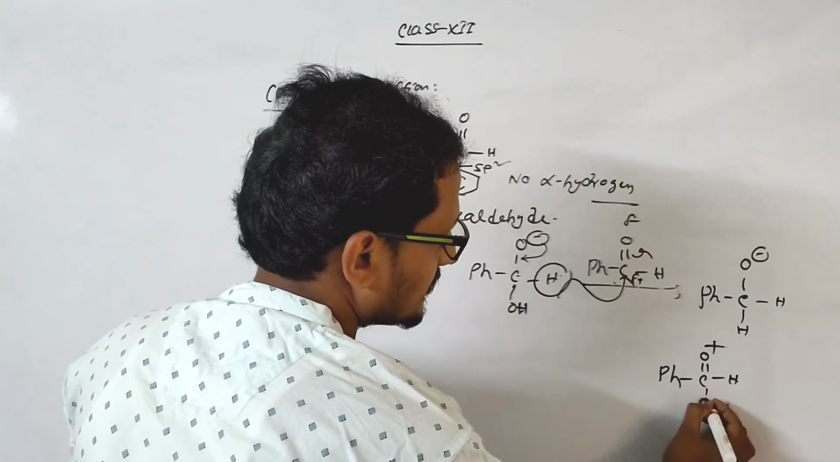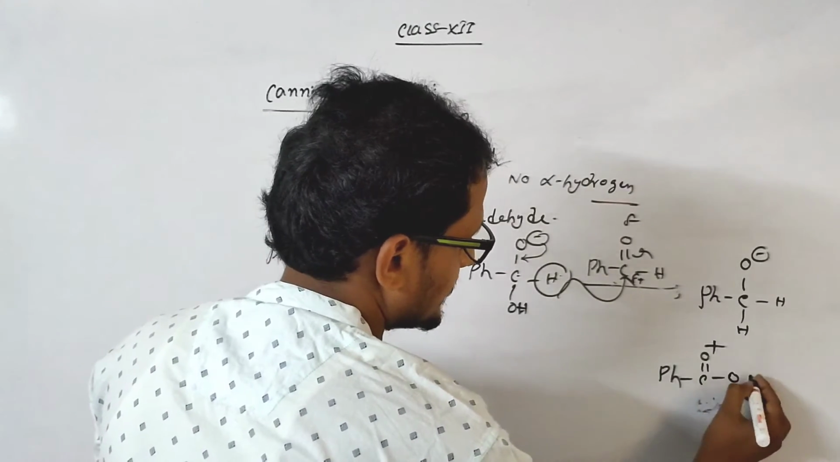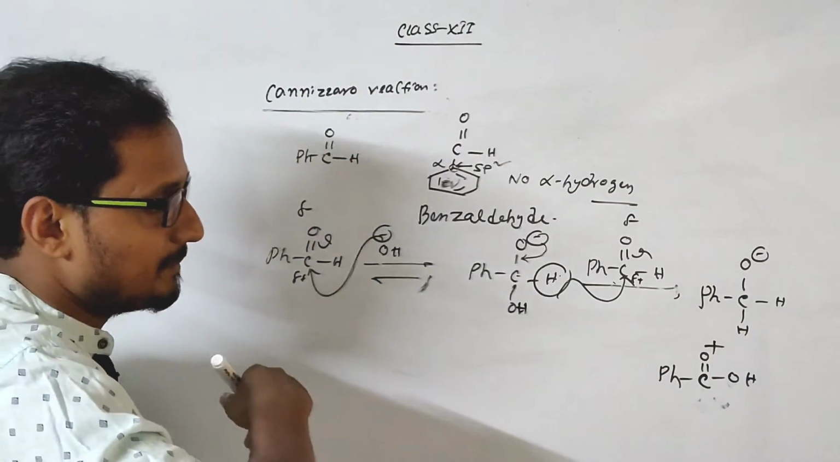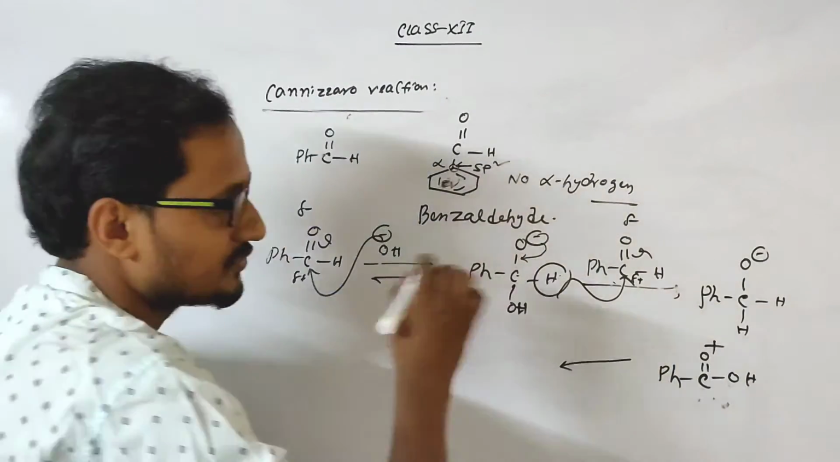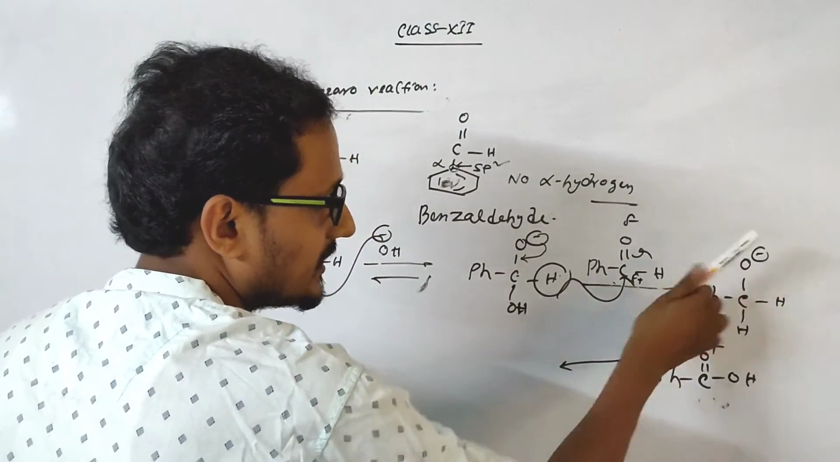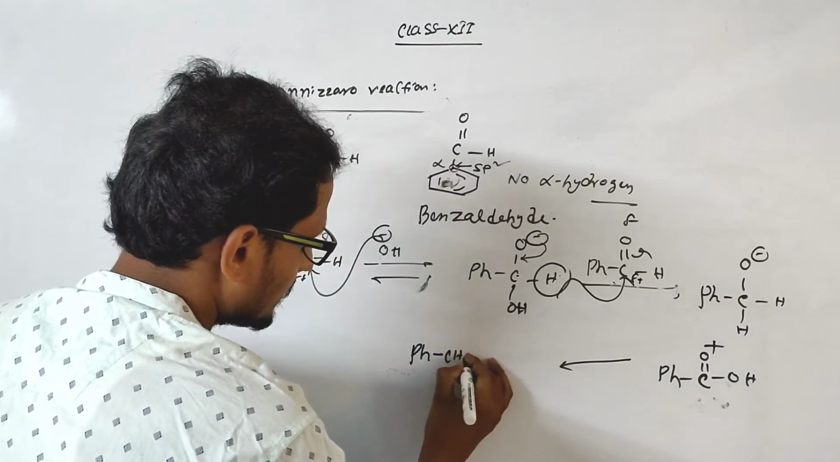We can write it like this also, here H and here H. So this is benzoic acid, but there will be an internal proton transfer. One hydrogen will be shifted from here to here, so it will form PhCH2OH,